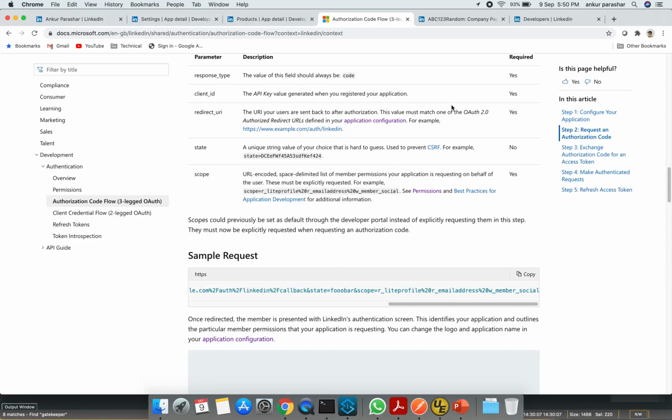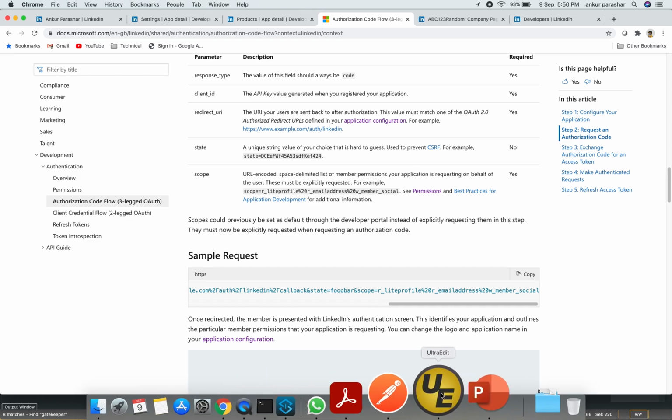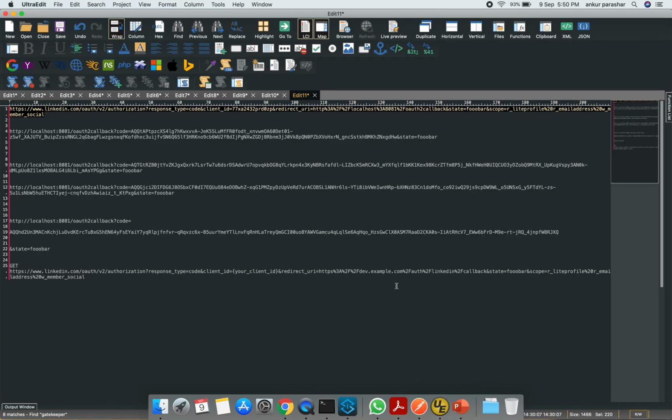So that's pretty much out of it. As a result of that, the browser will ask for authentication. It will ask for your permission, and finally something like this will appear in the browser address bar. Just copy the value of code, starting from the equals sign and going just before the state ampersand, basically till W. Copy paste this, and it will be used for making the first call to generate the access token.